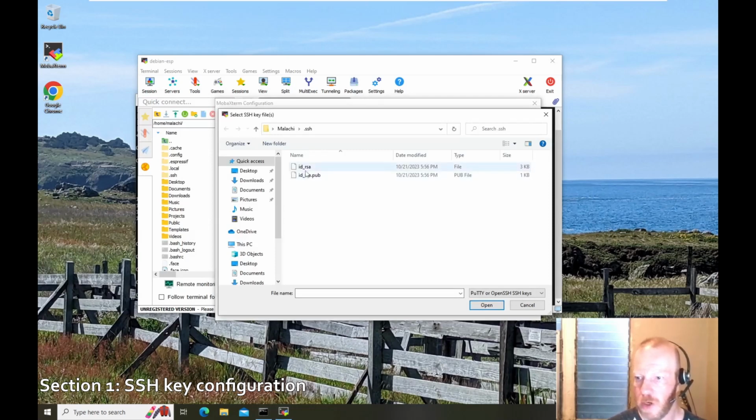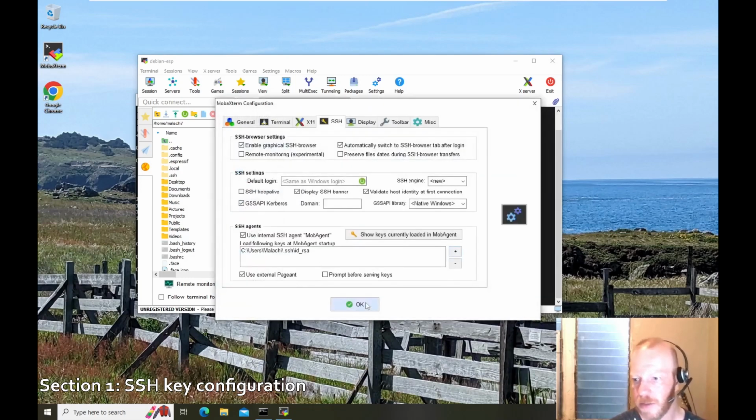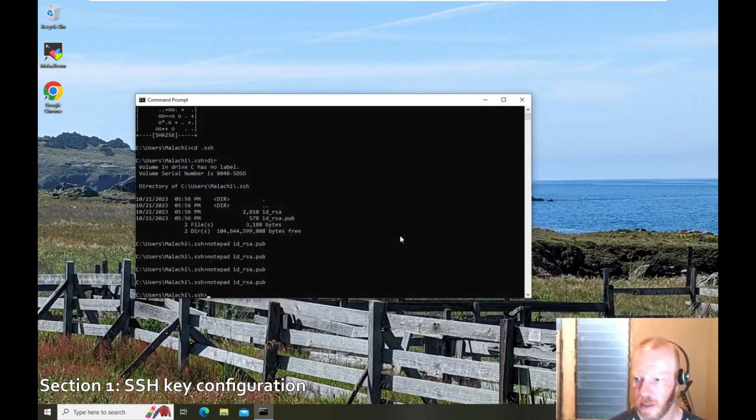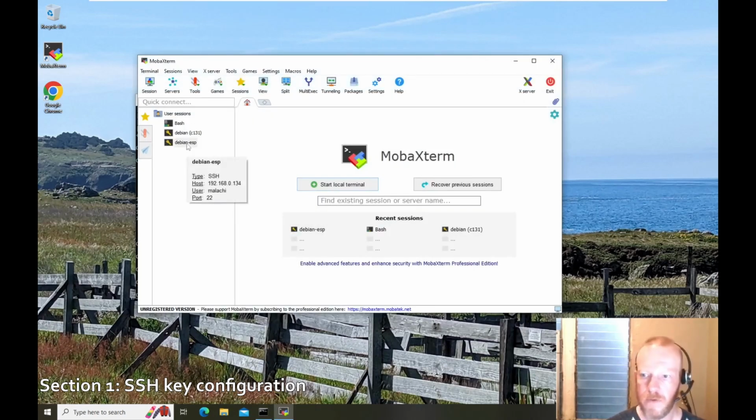And what you want to do is grab ID_RSA, not the pub. MobaXterm needs the private key portion, and that's what that is. Hit OK. It'll ask to restart. Click yes. And if all goes well, now when you click on your user session,